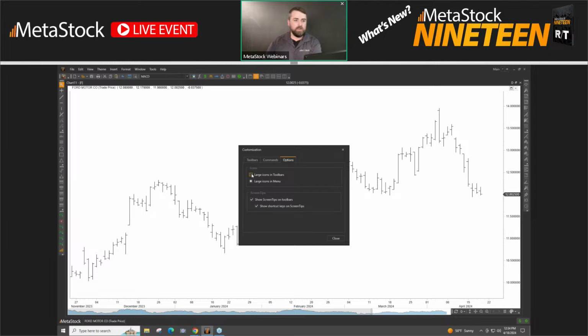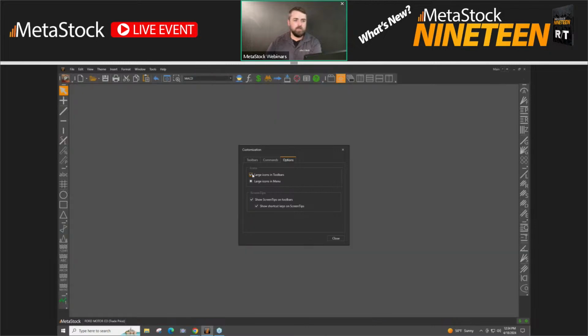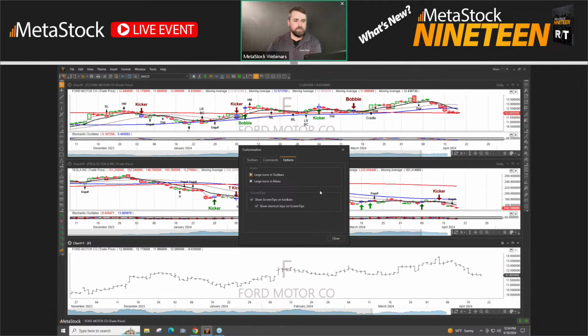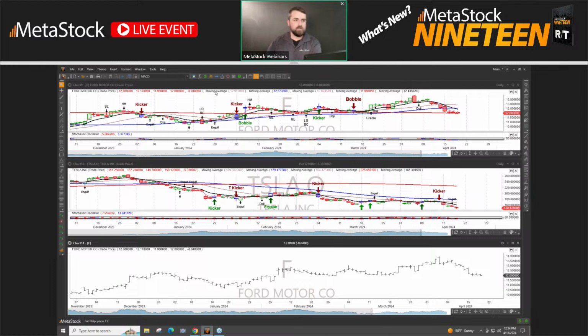This is where I can make the tools larger or smaller. You can also show screen tips on toolbars and show shortcut keys on the screen tips. I'll close that, and then show you an example. I hover over this and it lets me know this is the system tester. I could also just hit Control-T to open up the system tester. That's what that option's for.